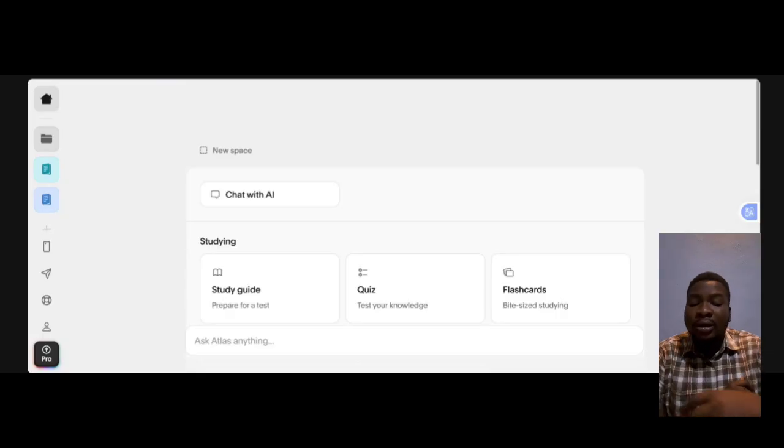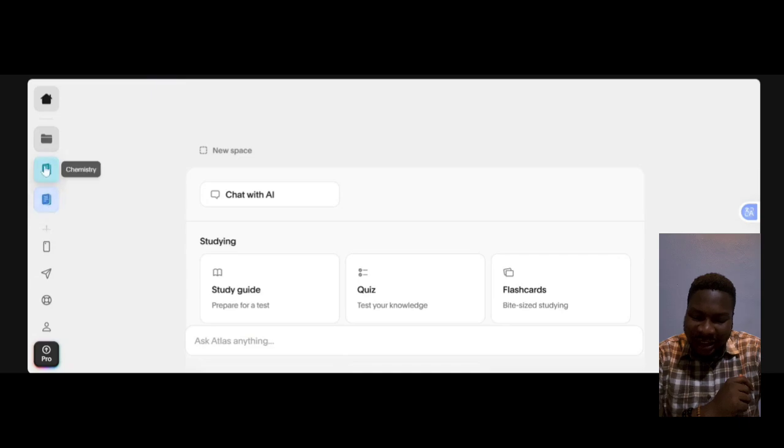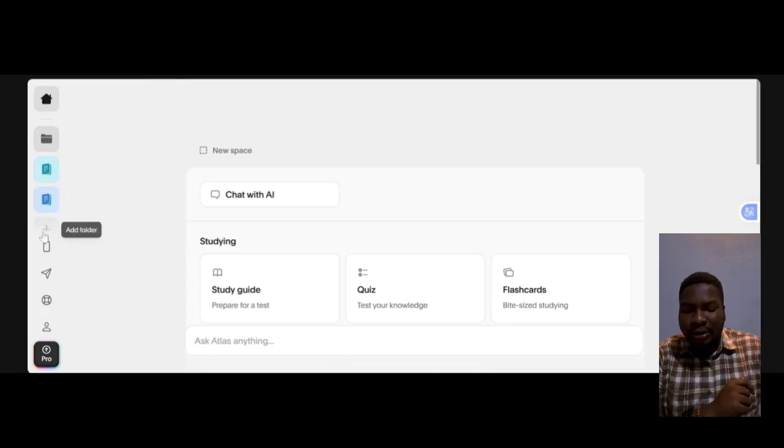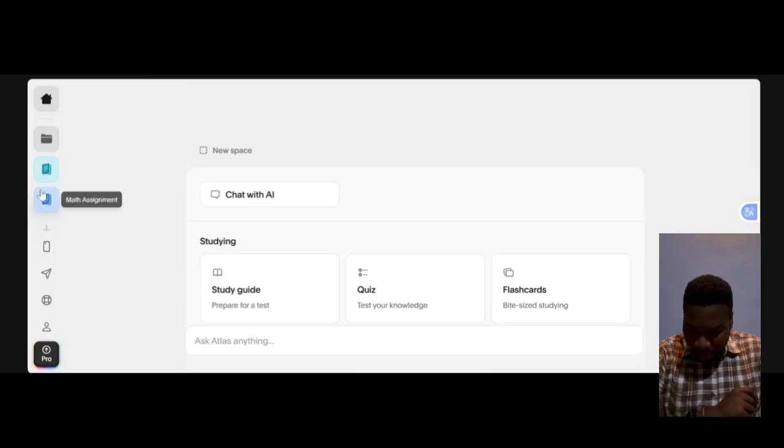So I also started using the tool. You can see I've created several workspaces here, but let me walk you through what makes this tool really intriguing. You can set up your workspace and additional folders, similar to what you see on the ChatGPT Go version or the paid ChatGPT subscription. You can create your own folders for work and things like that, so all your work is in different places. I've created this folder I called chemistry and art assignments,